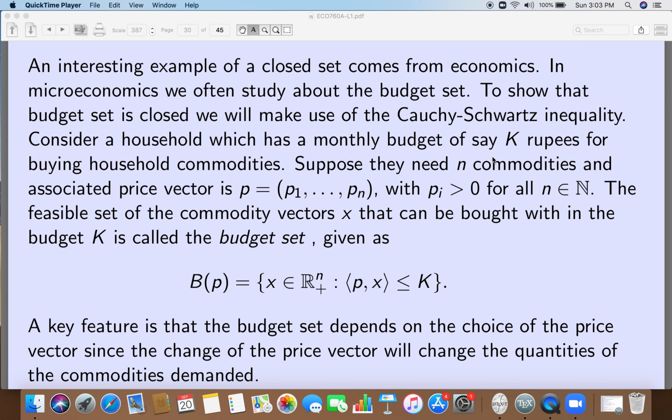Actually, you have to talk about the continuity of this function, the function px. For every fixed p, it is actually a linear function in x. But we have not studied linear functions, not studied continuity yet, so we are not going to speak about all those things. But now we will see how beautifully, by applying the definition that we have just learned, we can prove its closedness by applying the Cauchy-Schwarz inequality, which we have also learned. So we will not do anything which we have not learned earlier.